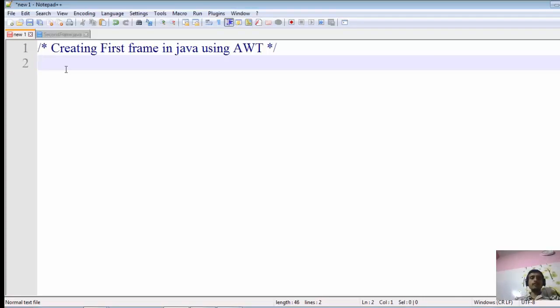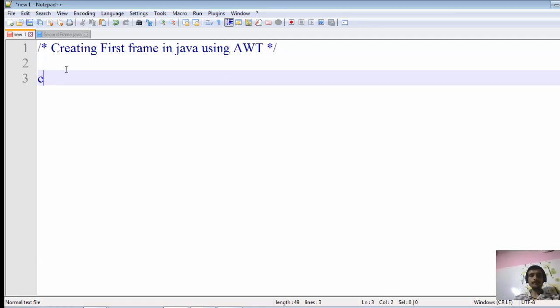So in this lecture we'll be just seeing how to create a frame with the help of Java AWT. So we'll be creating our first frame with the help of AWT in Java. So let's see. First of all we have to create a class. So let us say the name of the class is first